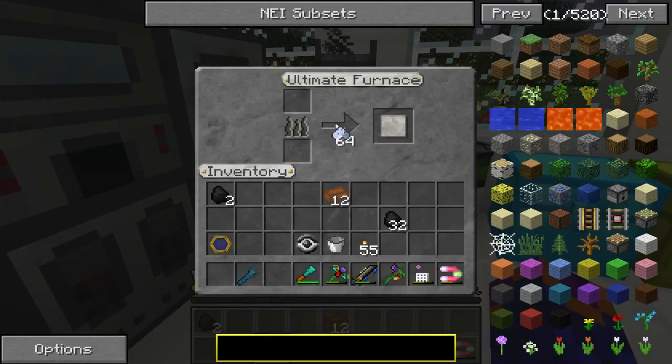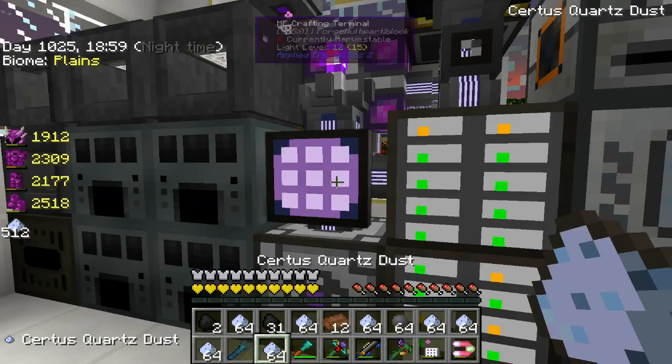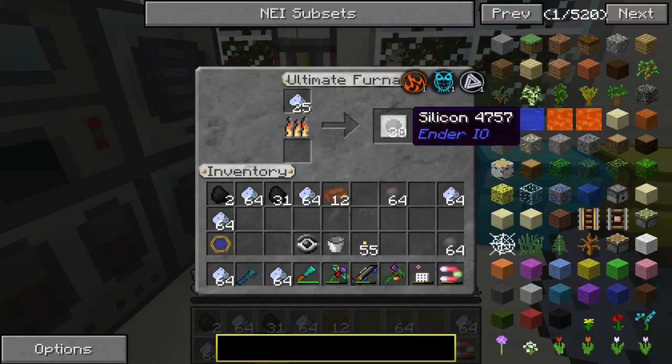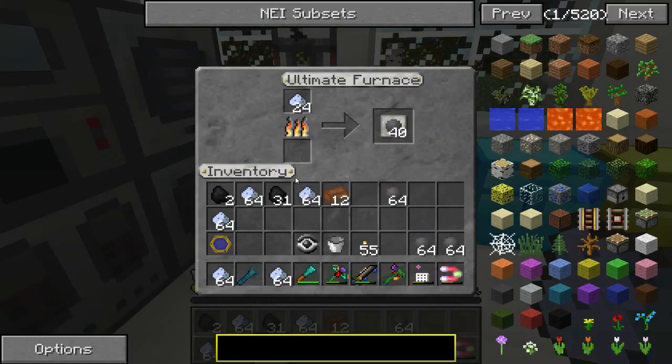Right, let's see how quick it is. Oh yeah, that's quick. That is well quick. How many things to do per thing? Bloody hell. Watch me just waste all my quartz on this. Whoa. Oh my. Wow, how many? I don't even...